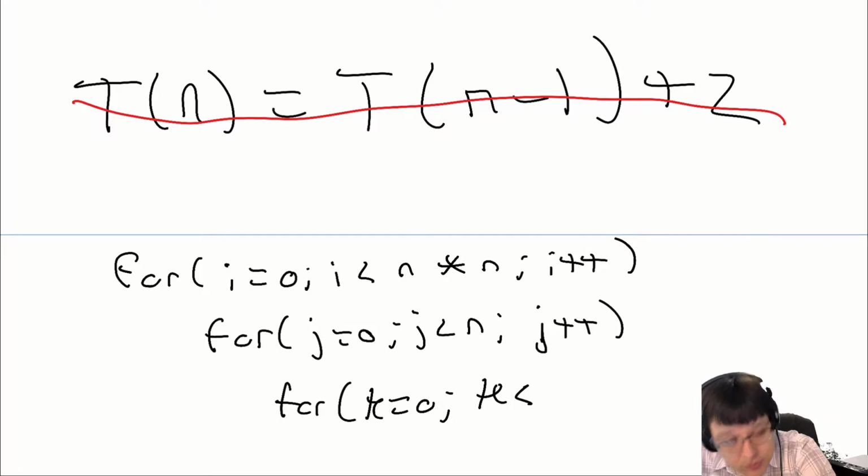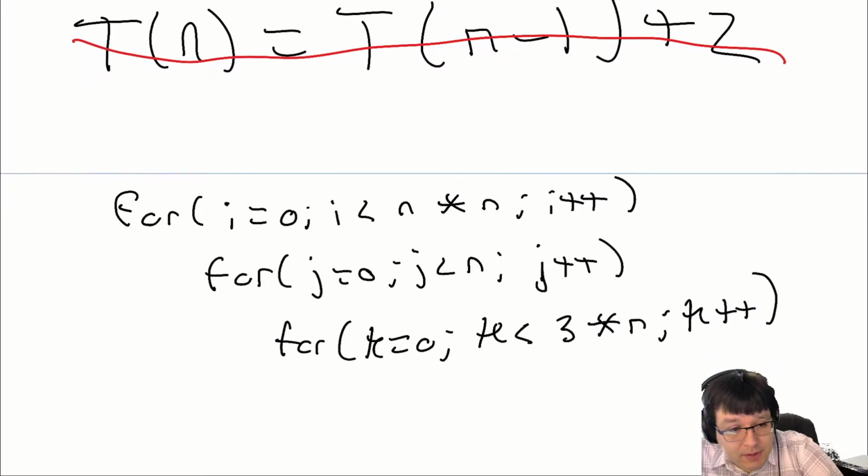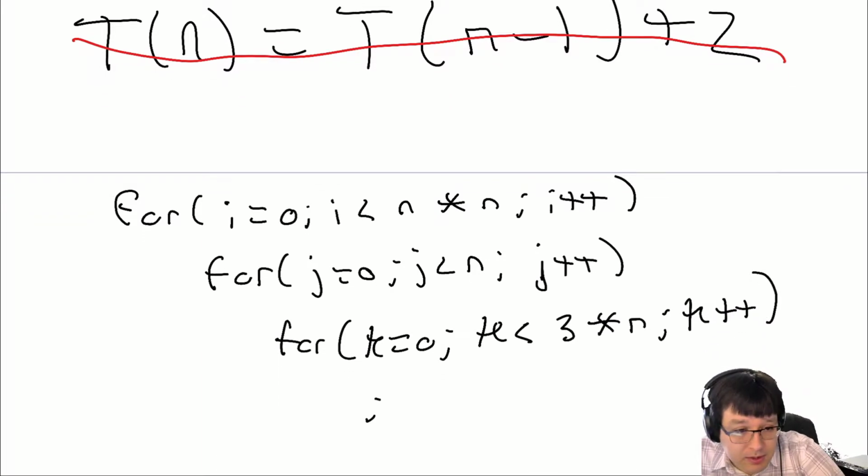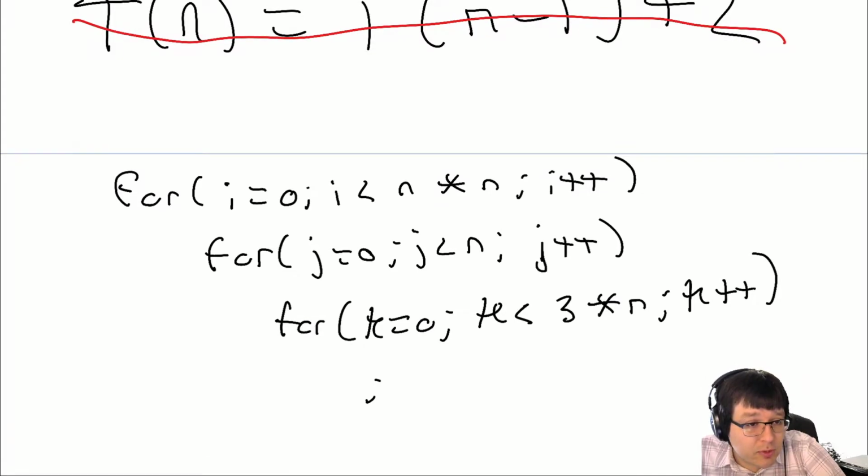K is less than 3 times n, k plus plus. Okay? And then pretty much nothing happened inside, but whatever. Okay, so that's pretty much the full code. So